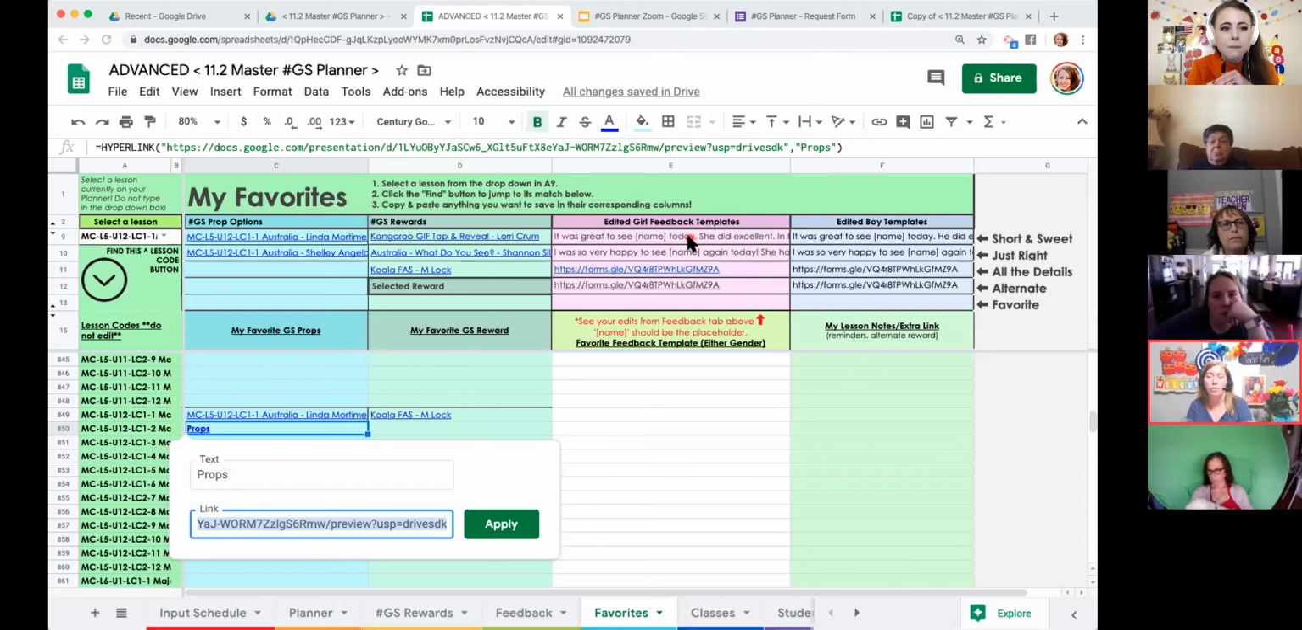Right. But my steps were: I input my schedule, I go to my planner, I see what's there, and then I decide from there what to use. So should I go to the favorites tab first? Yeah, that's what I was saying at the beginning of this. That's really the most efficient way, to prep from your favorites tab,